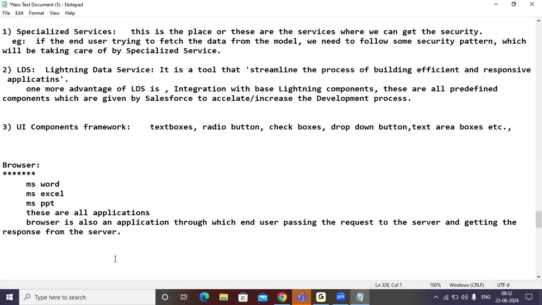Good. Very good. I hope all of you understand the meaning of the browser. Okay, next question. What can the browser understand? This is my question. Come on. As you said, the browser is an interface through which the end user passes the request. That's fine. But what can the browser understand?